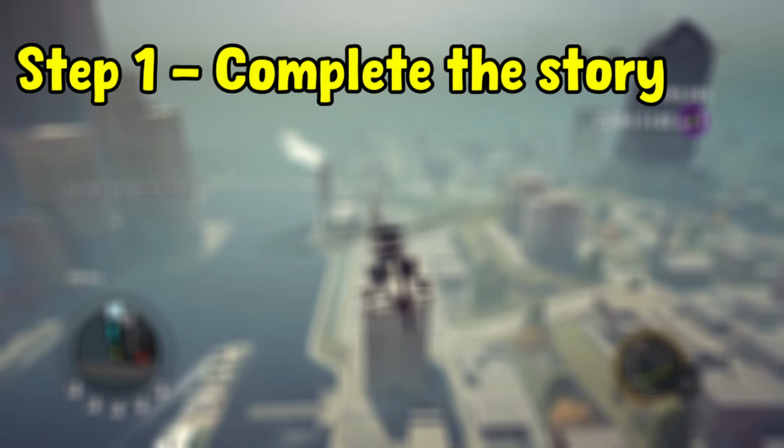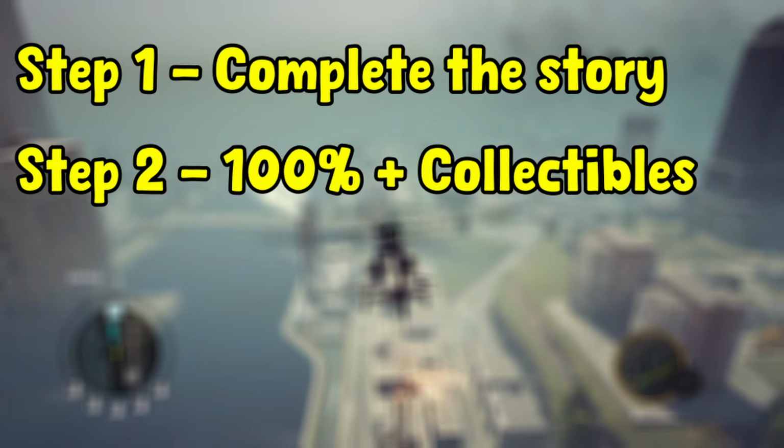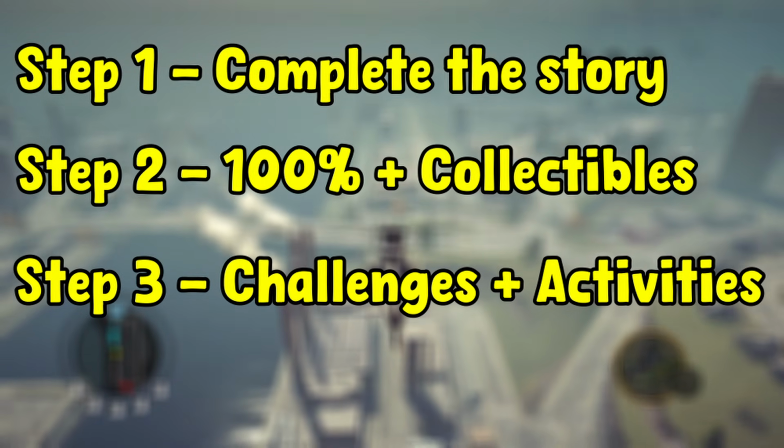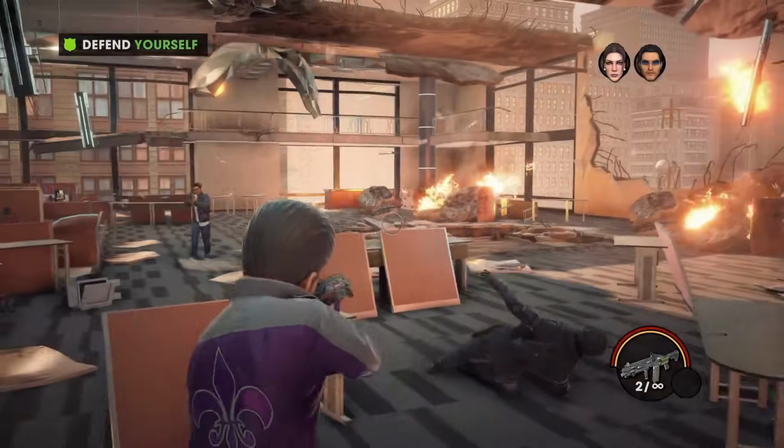The first is just to complete the story, the second is to take 100% control of the map and find all 80 collectibles, the third is complete all challenges and activities that the game has to offer, and step 4 will be the cleanup. We play as the leader of the 3rd Street Saints, and the game opens up with